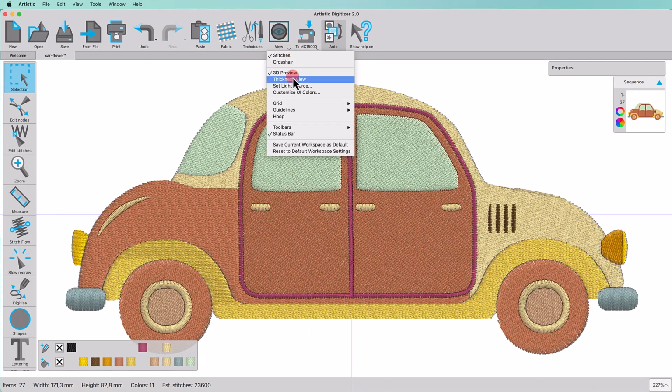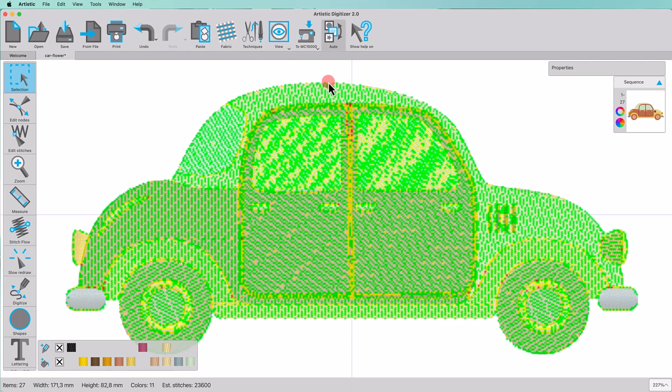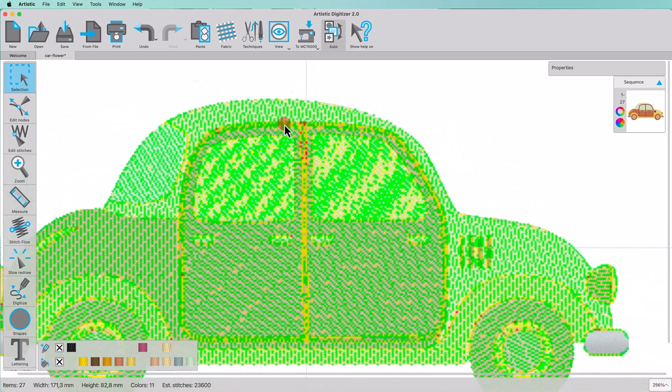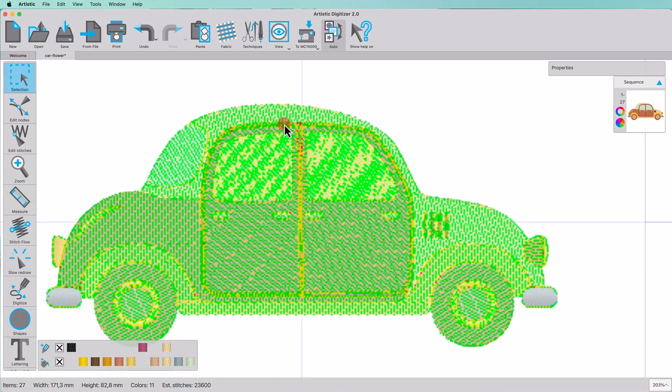Another useful option is the thickness view. When enabled, you can see all areas of the design where stitches overlap, as well as how many times this happens in an area. The darker a color appears, the more overlapping there is, whereas green areas do not have any overlapping at all. As you see here, orange and red colors reveal multiple overlapping. In brief, this is a view which helps you locate areas with multiple overlapping layers, which results in too heavy